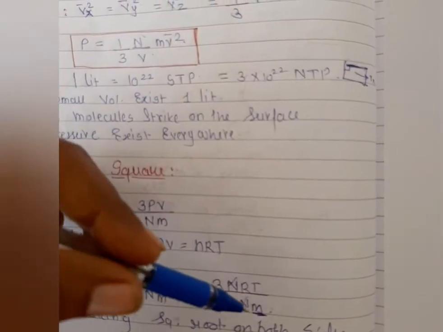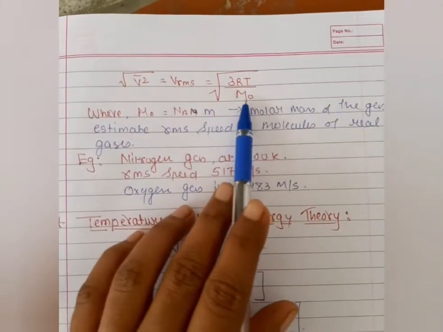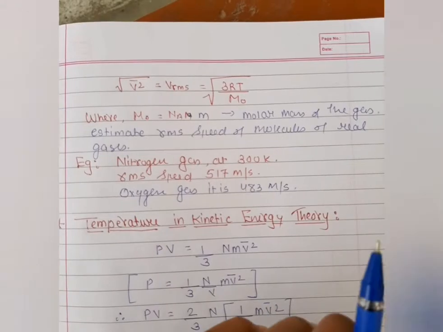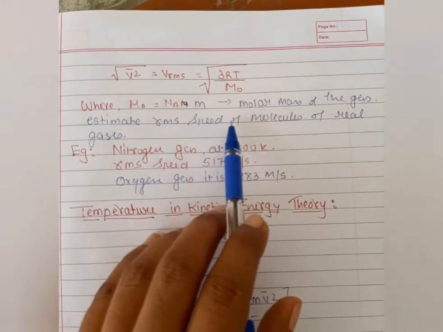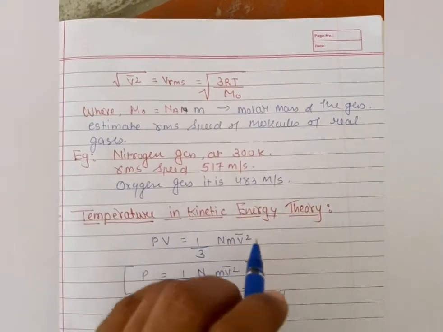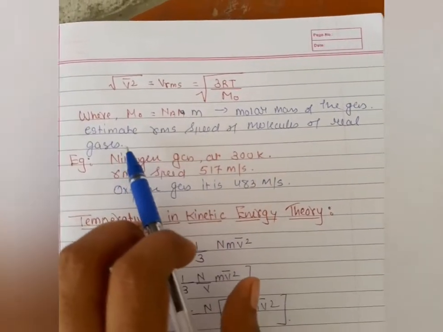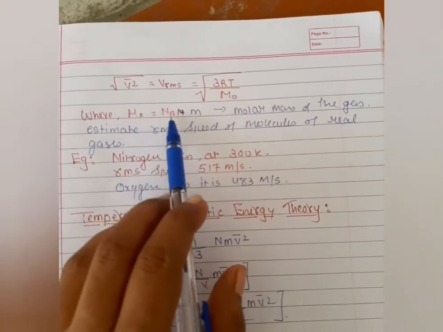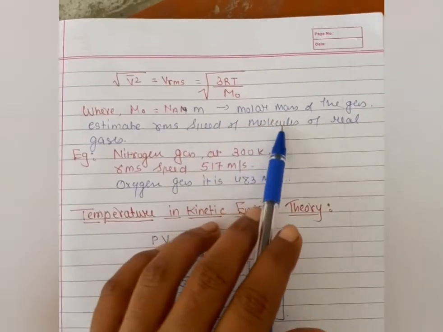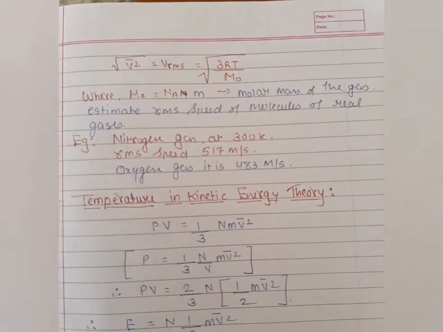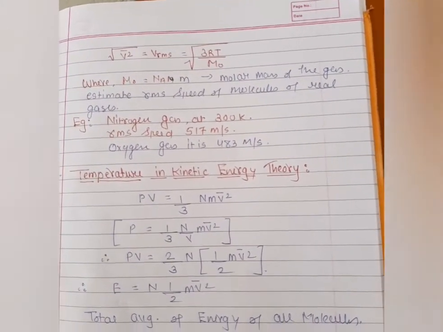So this N_A into m, that is the molar mass of the gas, is nothing but the M naught we are taking. Why are we doing this step? Because we have to find out the total number of molecules of the gas. So that's why, students, we can divide by n there, and again cancel out that n, and with the help of that we get N_A into m. So here we are getting M naught equal to N_A into m, and this is the established speed of the molecule of the gas. It means we can find out the speed of the molecule, that is the root of 3 RT upon M naught.